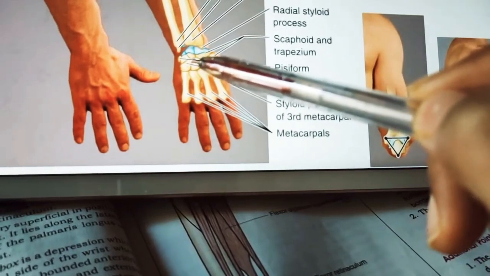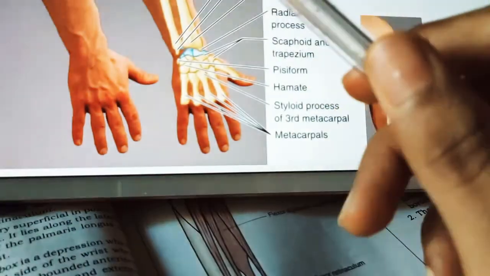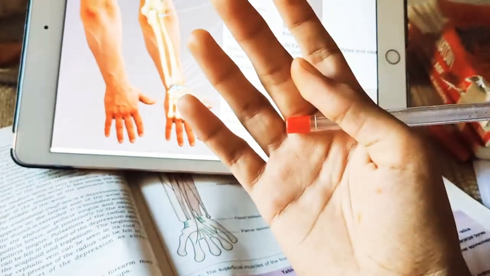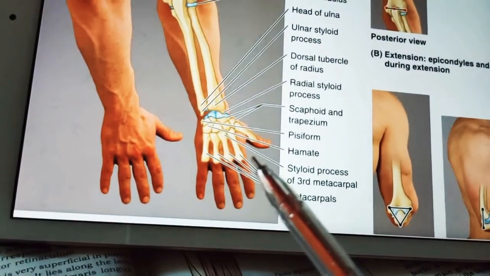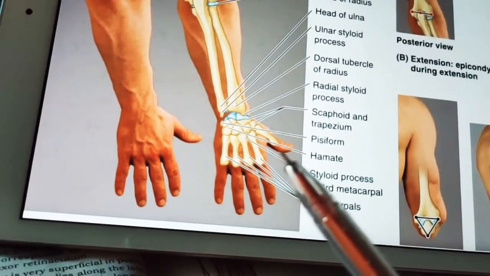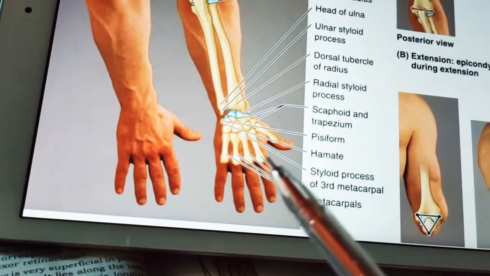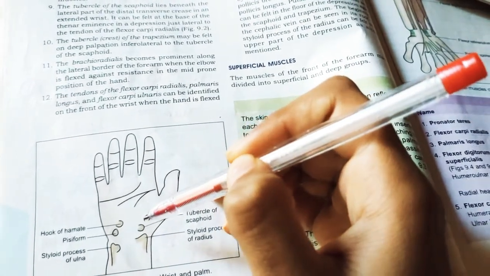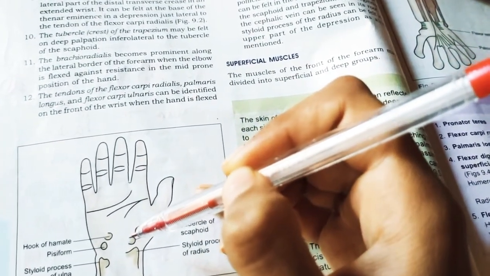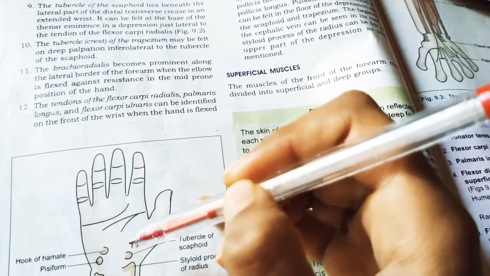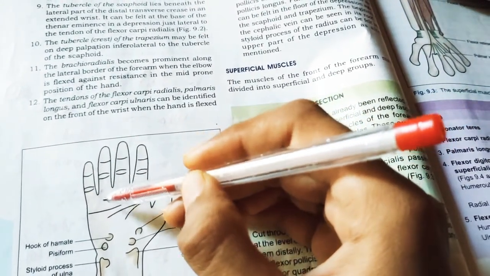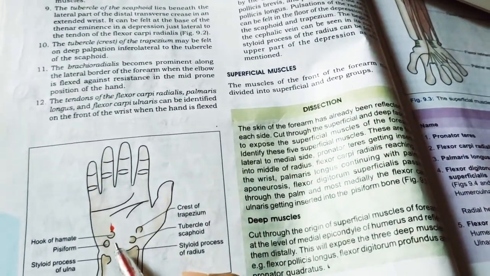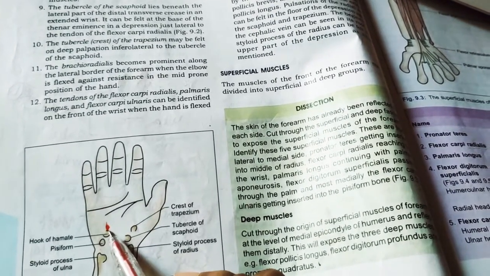So below the pisiform bone you have the hook of hamate, and it lies a finger breadth in line with the ulnar border of the ring finger. If you take your ring finger, just below it you will find this hook of hamate. It can be felt only on deep palpation through the hypothenar muscles, because exactly at the ring finger you can see the hypothenar eminence, where you find the hook of hamate. So the hook of hamate is below the pisiform bone.